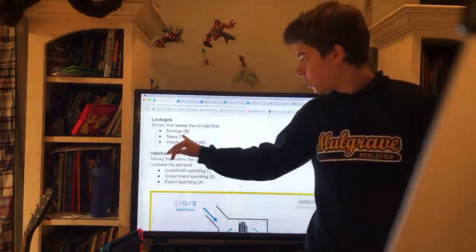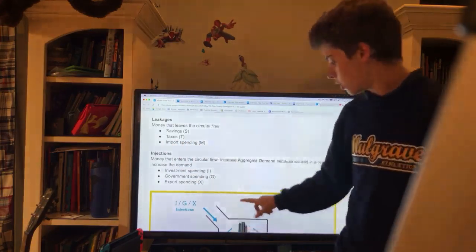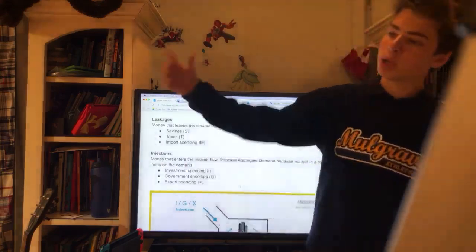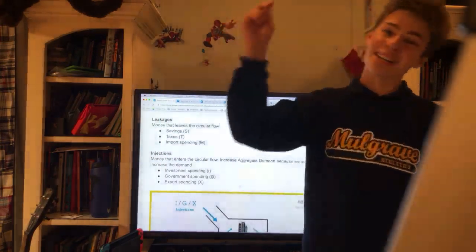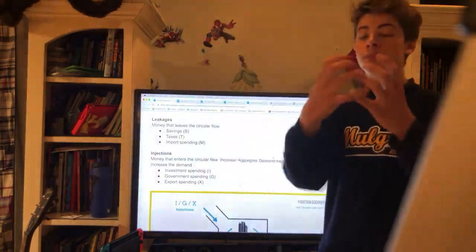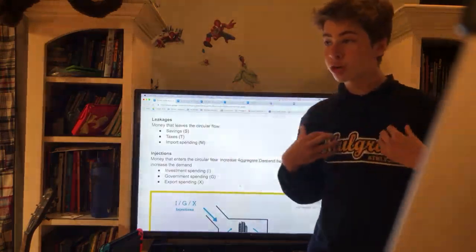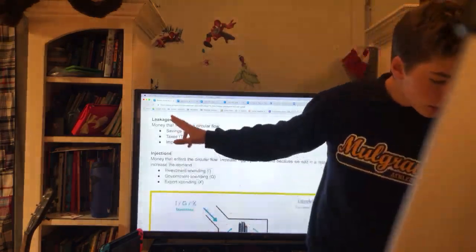Okay, moving on. Investment spending, again, that increases the money spending because people are putting money in and then getting it back, and government spending as well adds money into the cycle, and taxes take money away because they subtract the income that people could be earning and using it for the government. That is these